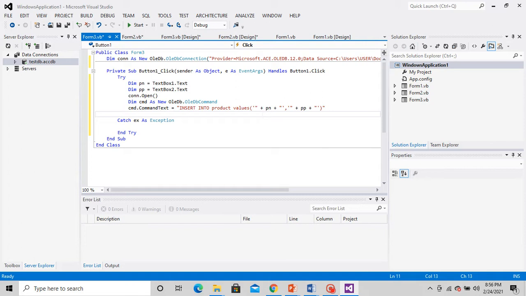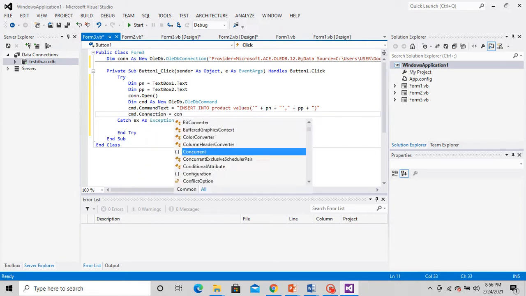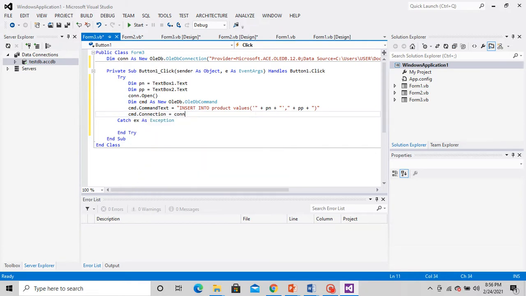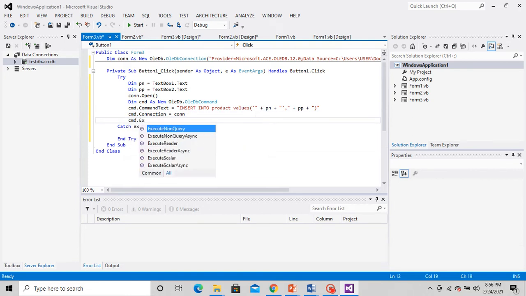Product price here is a number, so I'll not put the single quote here. Just put pp. Okay, so this is enough. cmd dot connection equal to con. Now I'm going to execute it, right?